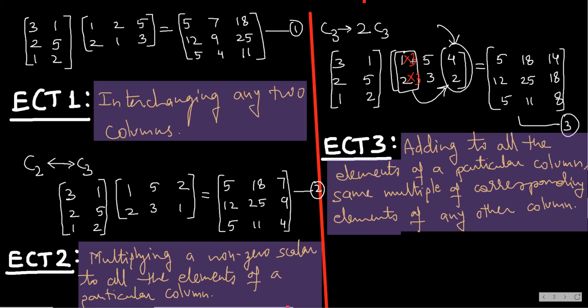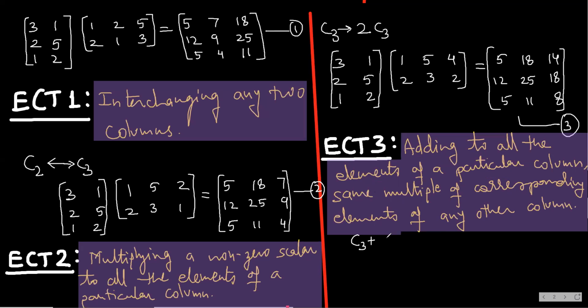What does that mean? It means I will add this way. 1 into 3, 3, add it here. So this will become 7. Then 2 into 3, 6, add it here. This will become 8. And what was the transformation I said? See, now I will write it. I write C3 plus 2 times C1, or there I had said 3 times, whatever you wish.